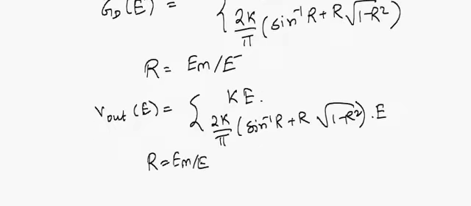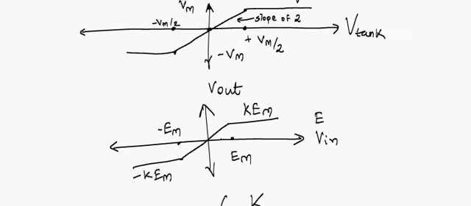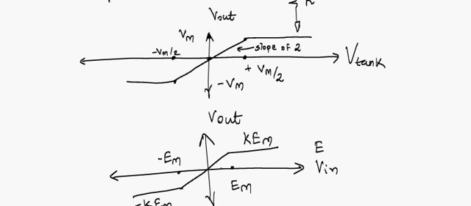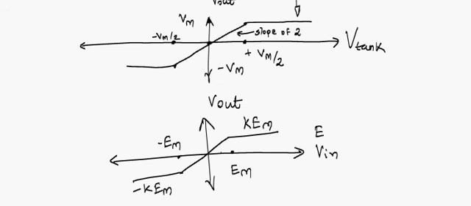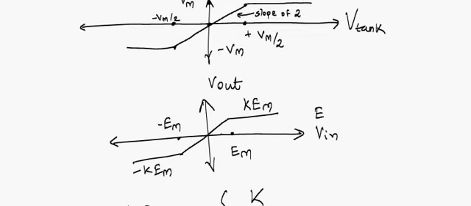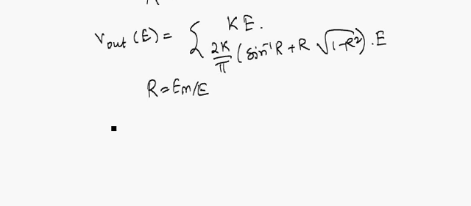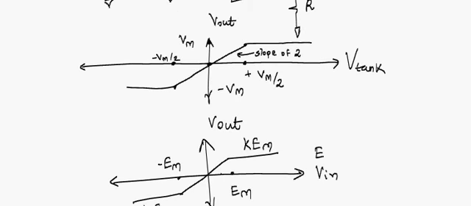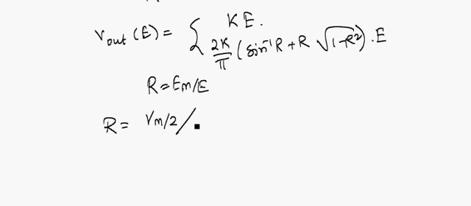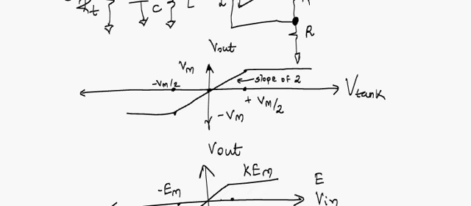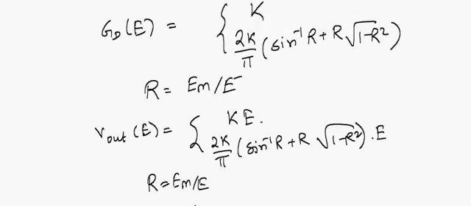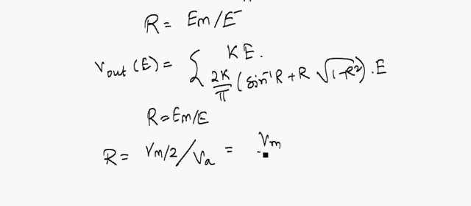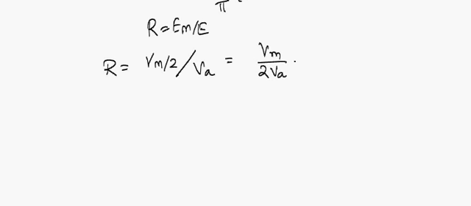So these equations are for this case. If you map this to that, I can write my R to be Vm by 2, because my Em is plus Vm by 2, and my E is Va, because that's the amplitude of the V tank sinusoid. So that's equal to Vm by 2 Va, and then I can write that my V out is equal to